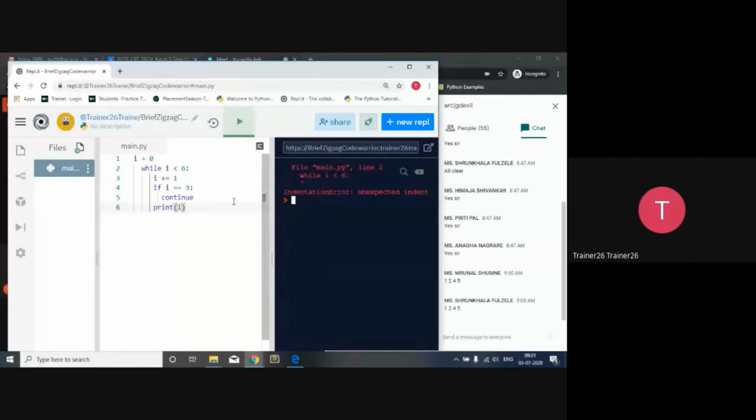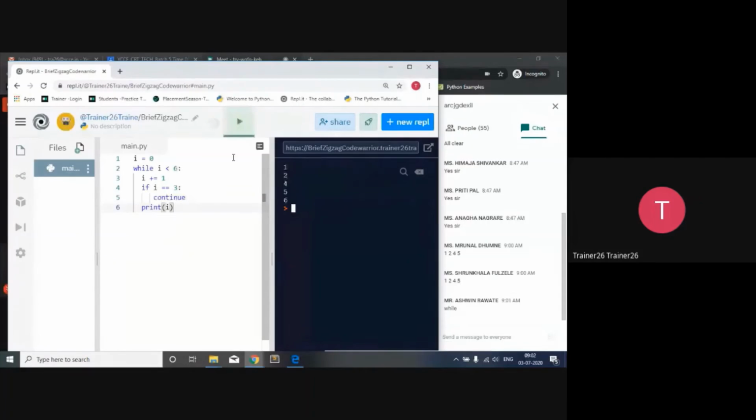Again, the indentation problem is there. So where is the indentation problem? Can you identify it? कहाँ पर indentation का problem है? Yes, right. In a while loop, because these two are at the same level, after that I want to increment it. Then I want to take a decision with the if condition, and inside it I'm going to write. So here there is no problem about it. So this is the thing, and then after that we are going to write. So done. So run.